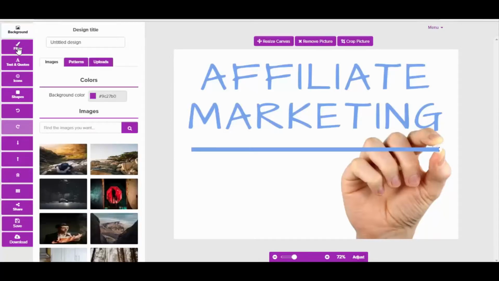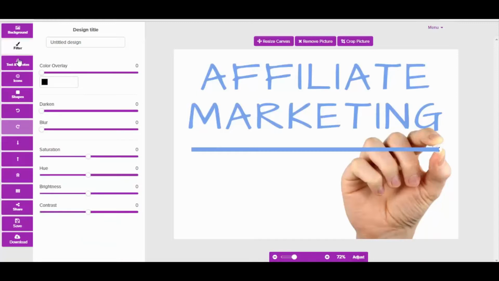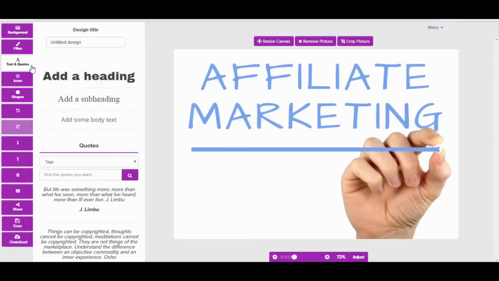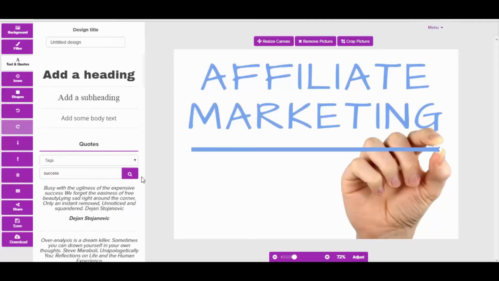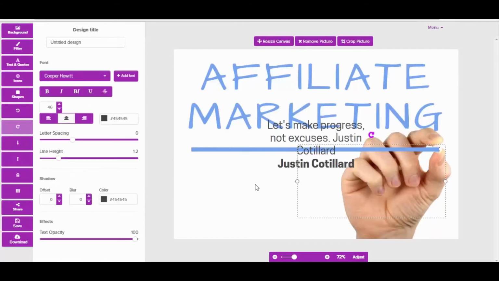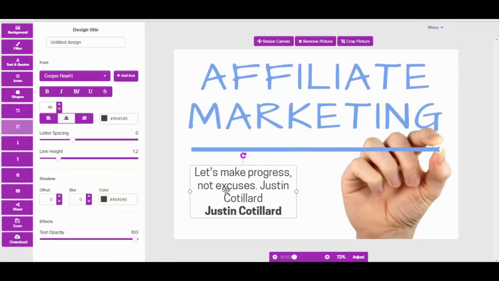We'll have a look at that in just a moment. You can add filters, but what I want to show you now is another really cool feature, and that's the text and the quotes. So the software is actually connected with a database of quotes, and let me just search for something in the area of success, and let's look for something that's not too long, that's going to fit into this image. Go with this one here, and I'm just going to put it here on the side, and